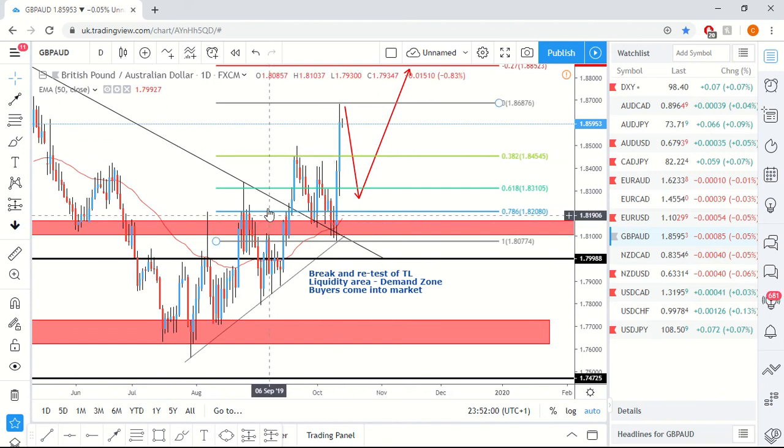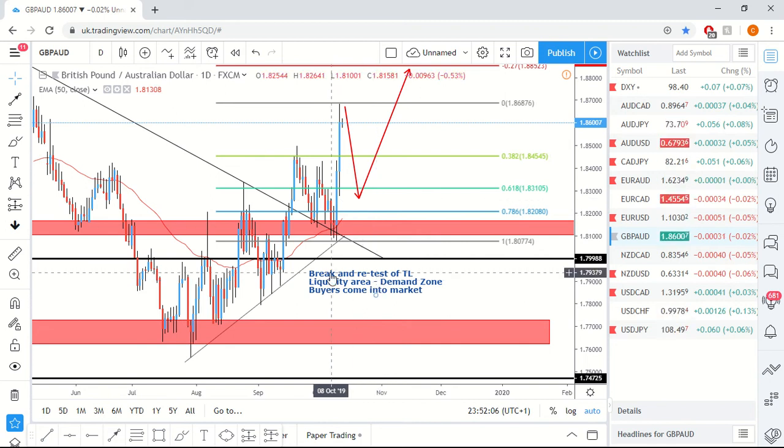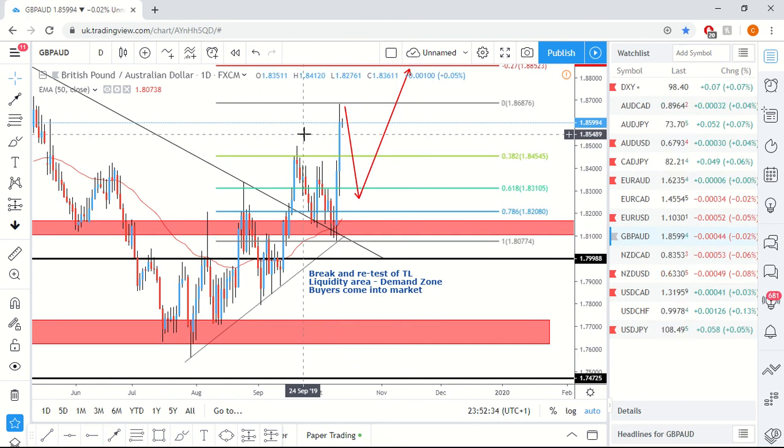So what we actually got here was the break with the retest, and that's exactly what I said. We had the retest, like I said, liquidity area, and we could have got a perfect entry here off of this fib. It went through for a deeper correction than I anticipated, which sometimes would suggest that the Fibonacci is invalid. However, here we can see we simply touched the 1 level, and then we made this massive move, I think 480, 500 pips to the upside within an hour candle or 2 hour candles, which is crazy. And I know one of my members, Aaron, caught this perfectly.